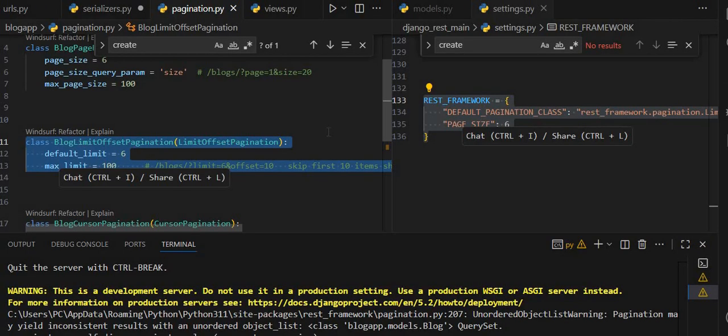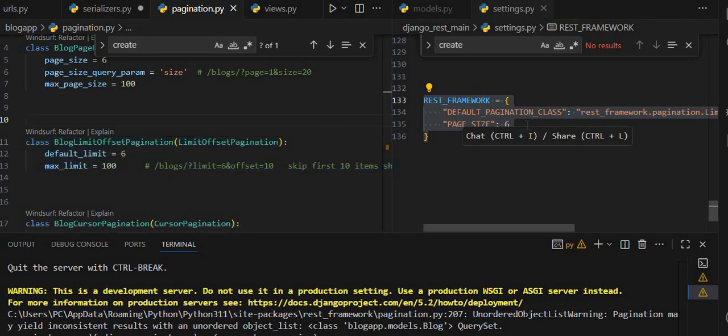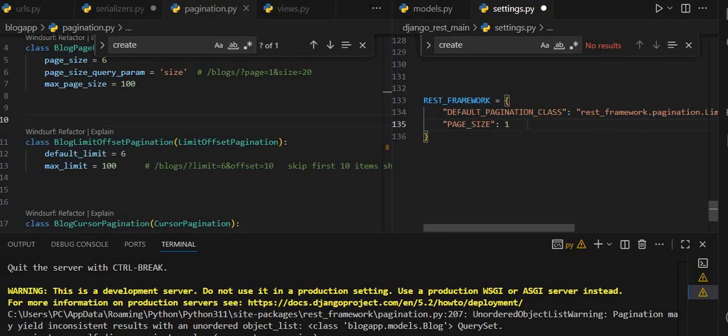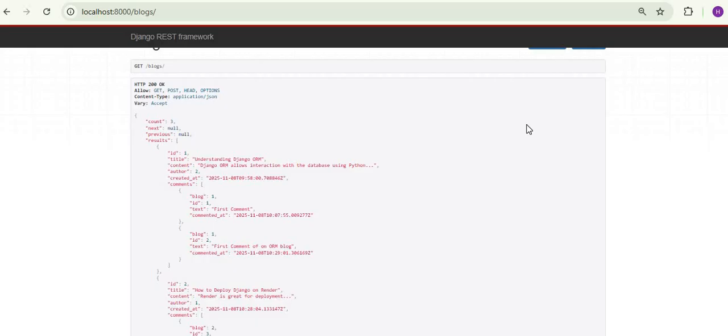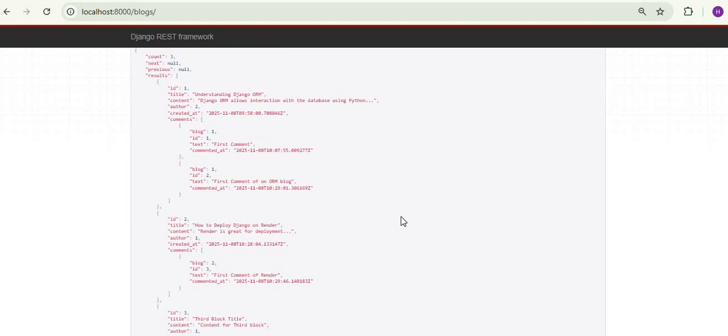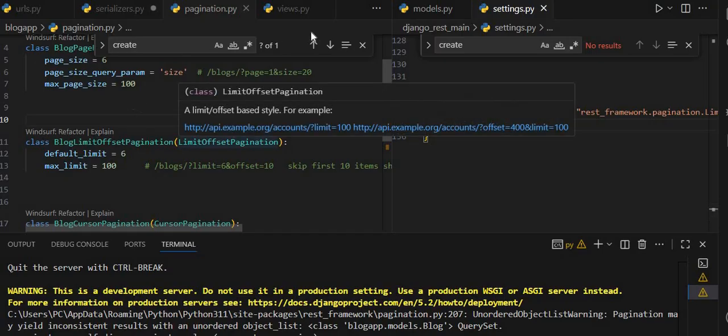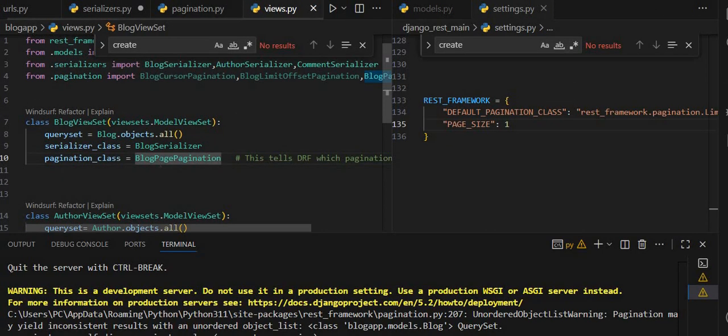Why this? Why not give me 1? If I change this to 1 again, save this, and if I refresh, you see I am still getting 3 blogs. The problem is, if I open the views.py, here in the pagination class I am using the blog page pagination,